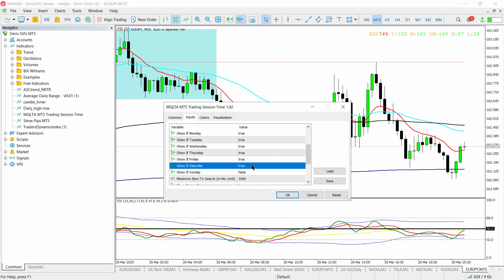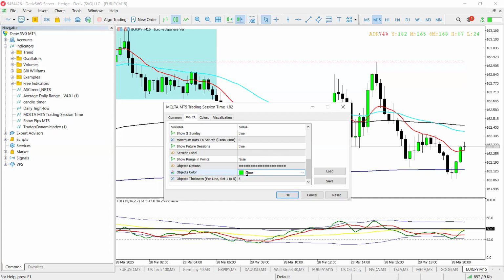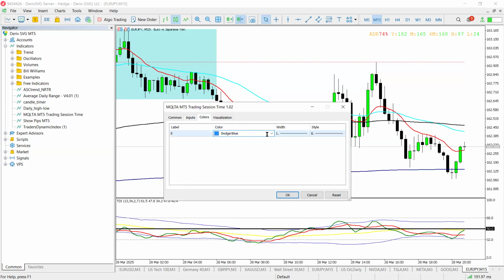Again, the days you want to change all of them to true, you just double click here so that it changes. Once it goes to true, the maximum bars to search, just put 0. Then you want to change the color. We're going to use aqua for this one. Then we come to colors, double click that black one. We select aqua again. Then visualization, you come to your time frames, you untick this box